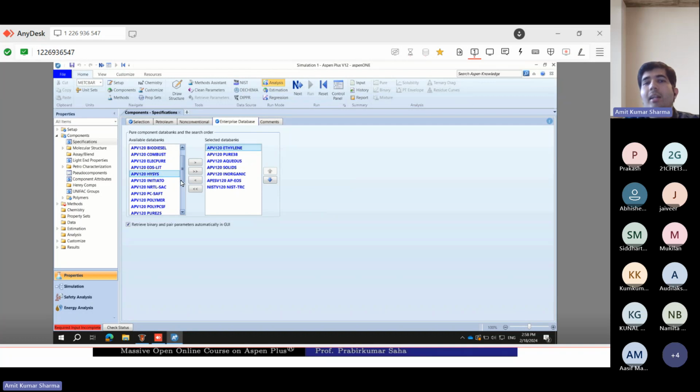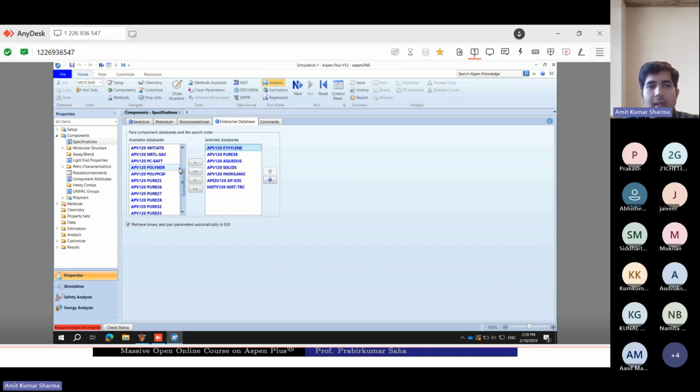So maybe the ethylene is having some properties. So that's why they have specified the complete data bank for the ethylene. Yeah, you can take help from a reference book, because I'm also not aware what the difference in the properties is. But if we have a separate data bank, it means that all the parameters and properties from this data bank will be more accurately defined.